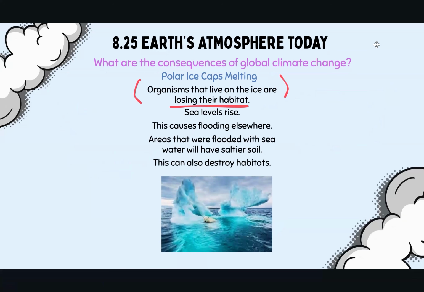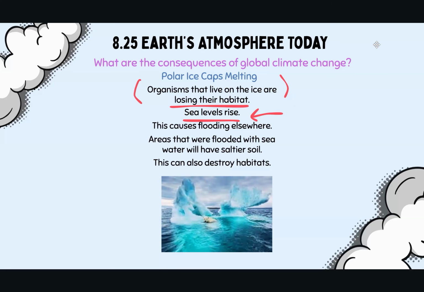So things like polar bears are struggling to survive. They say polar bears will be extinct by 2050. Now, if all that extra ice is melting, that means the sea levels rise. Not just because of the extra water, also because if the world becomes warmer and the oceans become warmer, the water will expand. Warm water expands. Same way if you're boiling some water